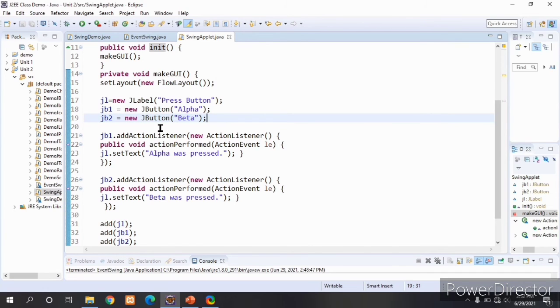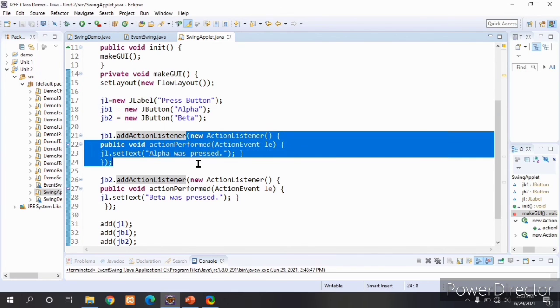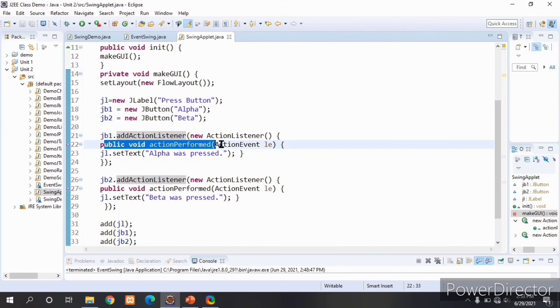Next, when I click on the alpha button, it will generate an action event, and that should be handled. For that, I am registering the alpha button object by using the registration method addActionListener. When I click on the alpha button, the call will come to this anonymous inner class and call this actionPerformed method, and the JLabel text will be set to "alpha was pressed."